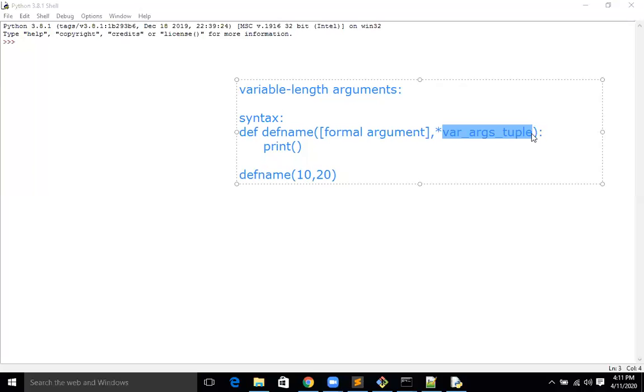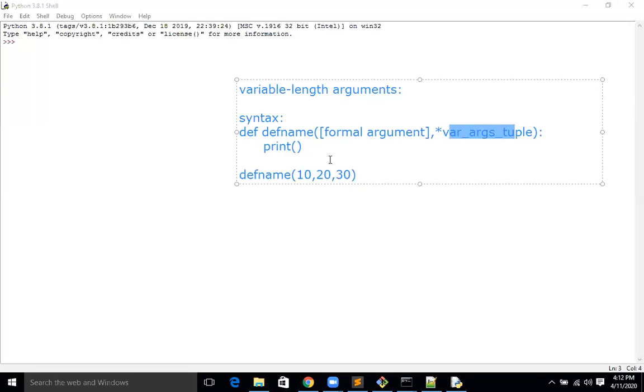For example, if you give only one argument, like 10, it goes to the formal argument and you can access and use it. But if you give 10 comma 20 comma 30, it goes to the variable arguments as a tuple, and you have to use this variable or object to do your process.